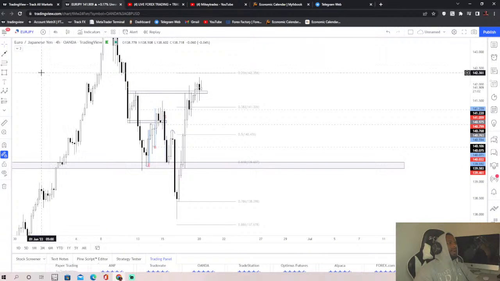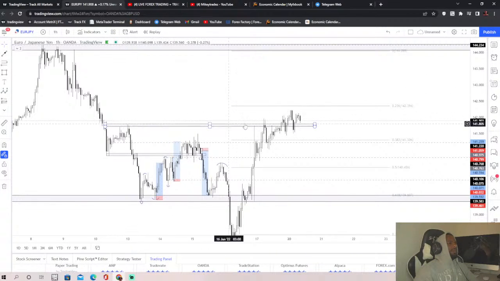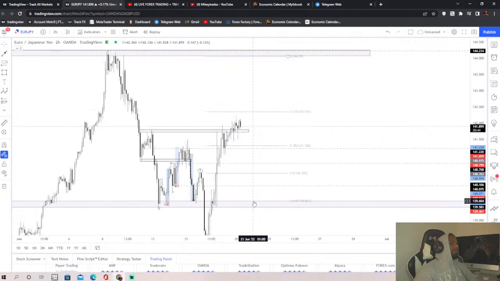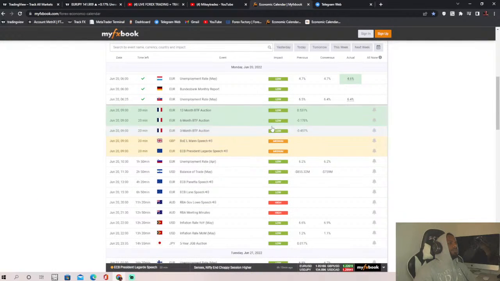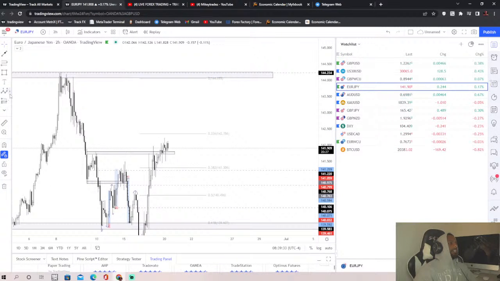On the 1 hour, guys, it looks like we could be testing this PRZ as support, but I don't have any confirmation. You see here, last time we broke the support, we came around here, then we pulled back down to here. I would really like to see a test of a fib level or a previous area of structure. I'd want to see some nice liquidation before I consider my entries, just simply because there's not much impactful news, so it's all low impact. But generally, assuming that the euro stays bullish, we could possibly see a continuation to the upside to actually complete